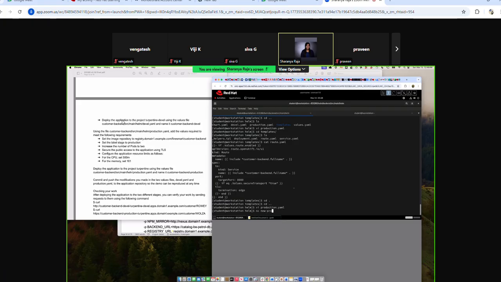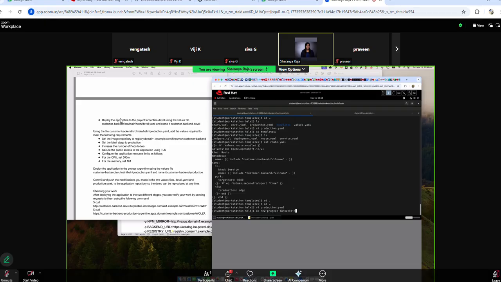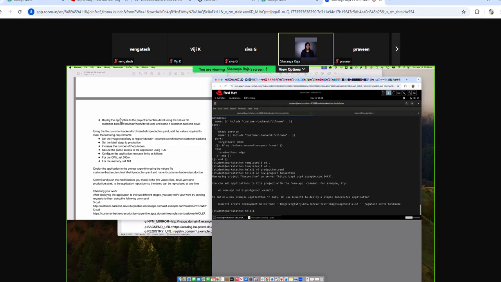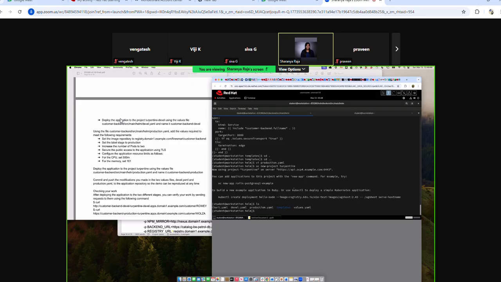With oc, if the namespace is already present, you just use that in the exam. I really couldn't remember whether I created it or not, but if it is not present, you create it. And one more thing: once you modify the production.yaml file, do git add and then push it. That's a mandatory step. Once you push it, then helm template to test it, and then you create it using helm install,